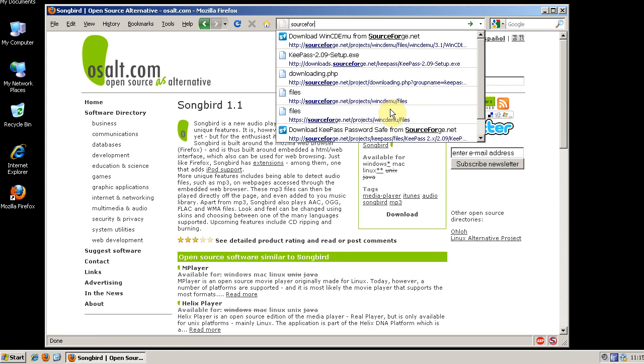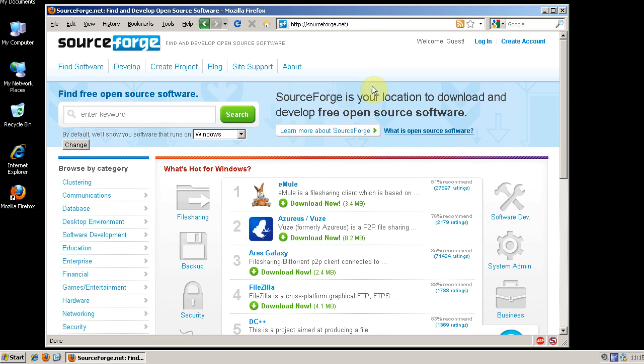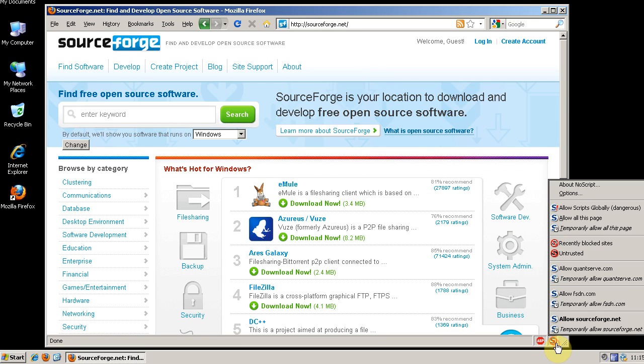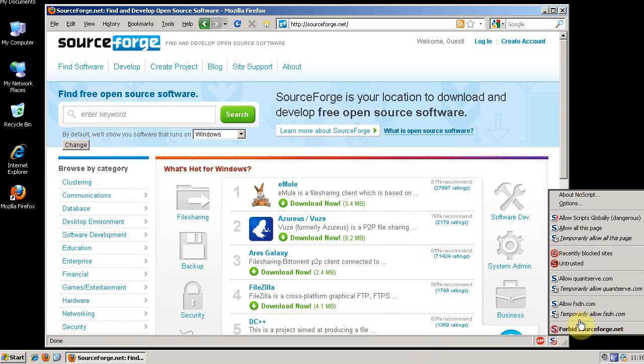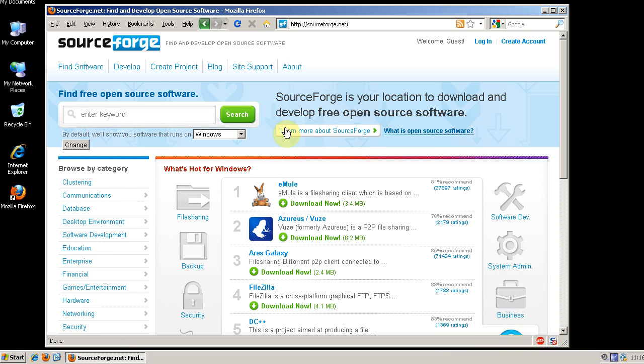Probably the grandfather of open source software repositories is sourceforge.net, and I'm going to allow scripts to run on SourceForge, so we get the full functionality of the site. It's a site I fully trust. So we search MP3 to WAV here.